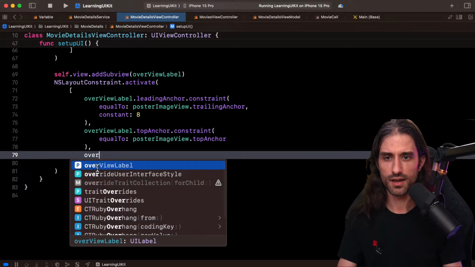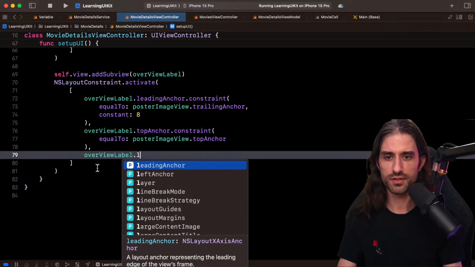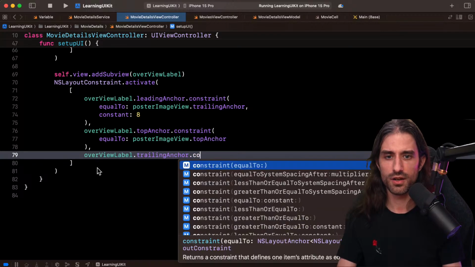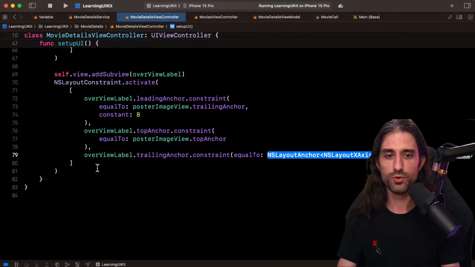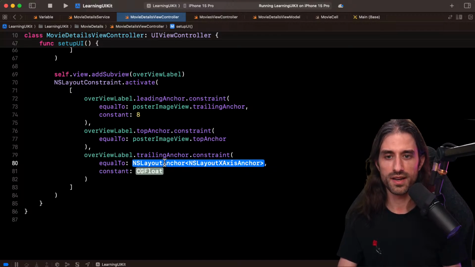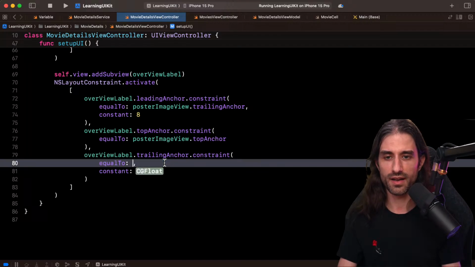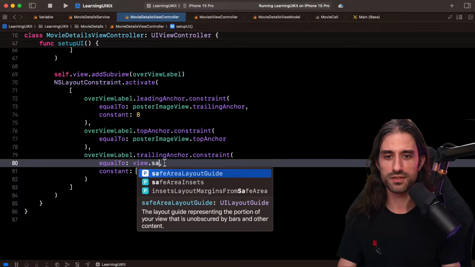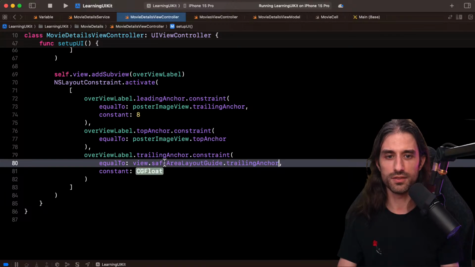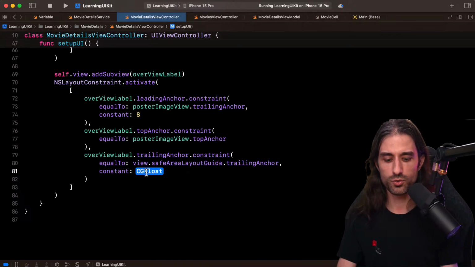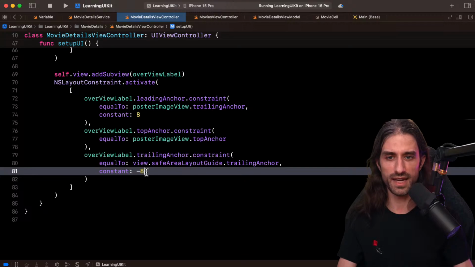So I'm gonna say overview label dot trailing anchor constraint equal to, with a constant, you will see why. This time it's going to be view dot safe area layout guide dot trailing anchor, and I'm going to add a constant of -8, because I also want a margin of 8, but since it's at the end this time, I want my overview label to end 8 points before the trailing anchor, hence the -8 this time.